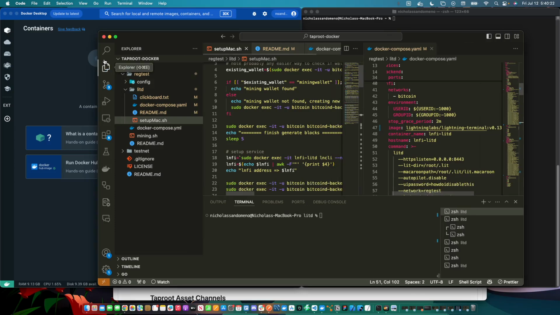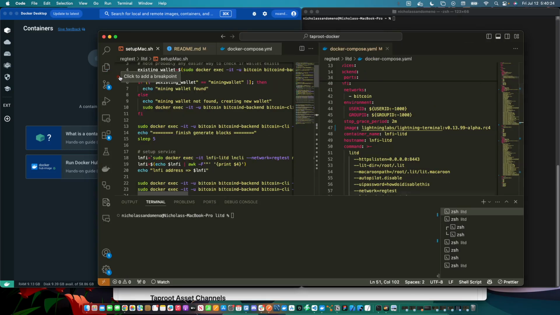We are going to open a regtest Taproot asset channel facilitated by the Taproot Docker repository by Lnfi network, which will run a Bitcoind instance and two litd instances running on the latest tagged branch. So we will get things started, which